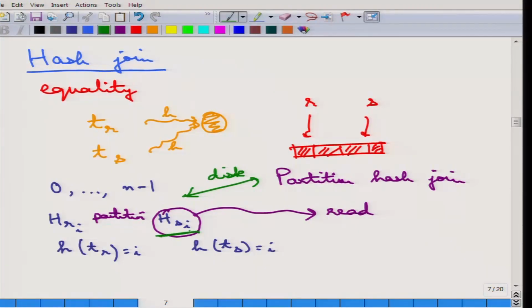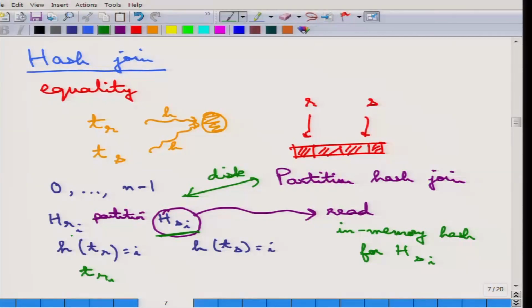So, each partition is in a separate position on the disk. Once that is read, an in memory hash is built for this partition only, that is, for HSI only. So, for all the tuples in HSI, there is an in memory hash function that is built, and then what happens is that for every record TRI,